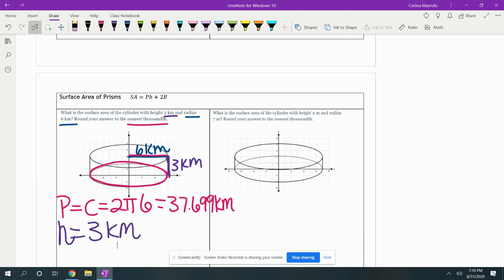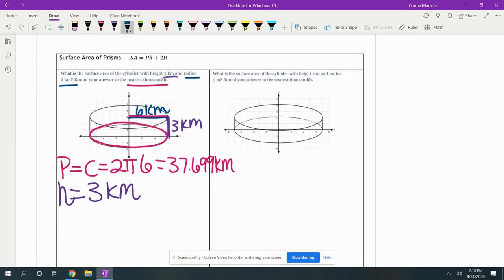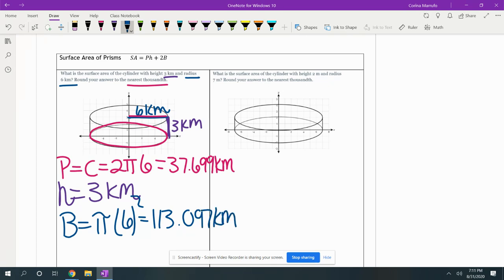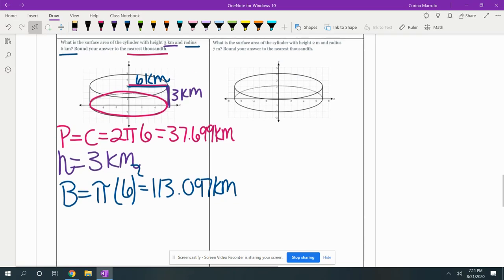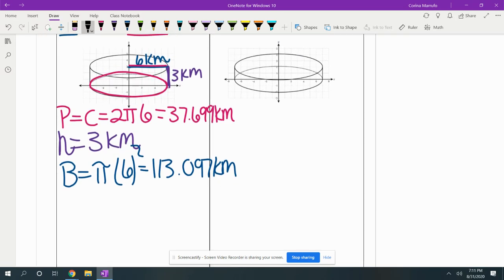And then last, we are going to find the area of the base. So for the area of the base, since this is a circle, to find the area, it is pi r squared. And we said our radius is 6. So we go ahead and put that in our calculators. And we are rounding to the nearest thousandth, and it gives us 113.097 kilometers. All right, so now that we have all of this information, we're going to use our surface area